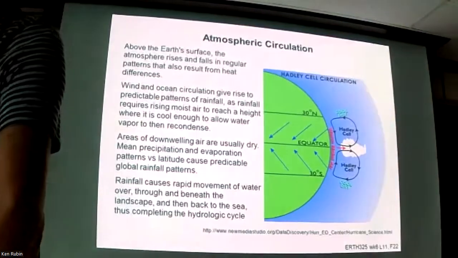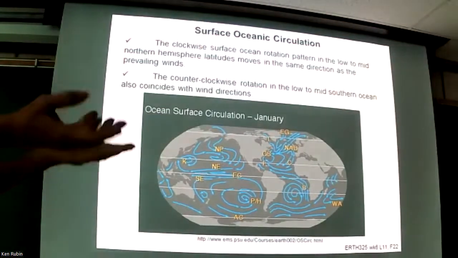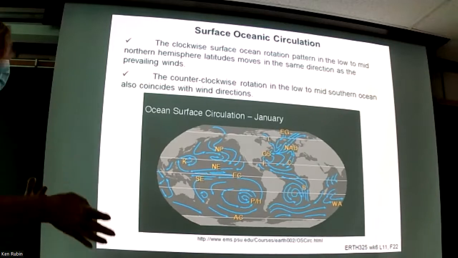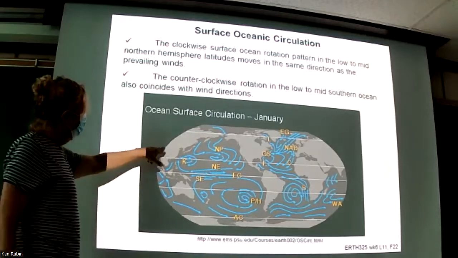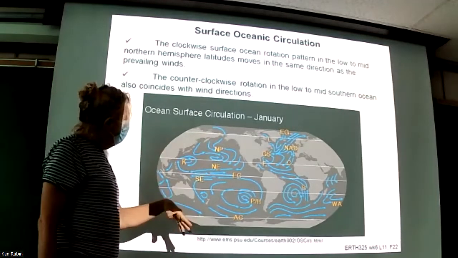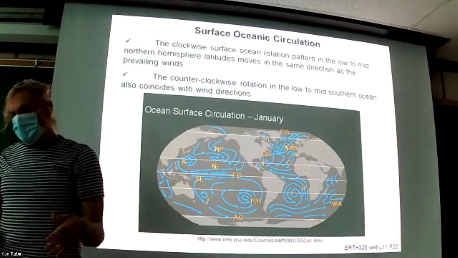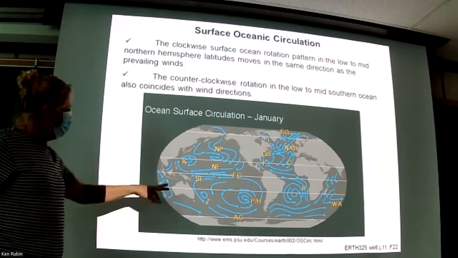Because if you're in a setting where water is evaporating versus the zone where you're getting excess precipitation, the surface water is going to be more salty and less salty in those two conditions. So these are the currents in the surface oceans. These lighter gray things are the continents. And you can see that unlike the atmospheric winds, which are pretty much circumglobal, the oceans have these pesky continents